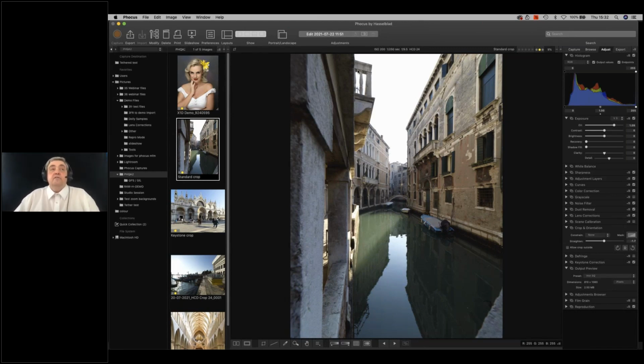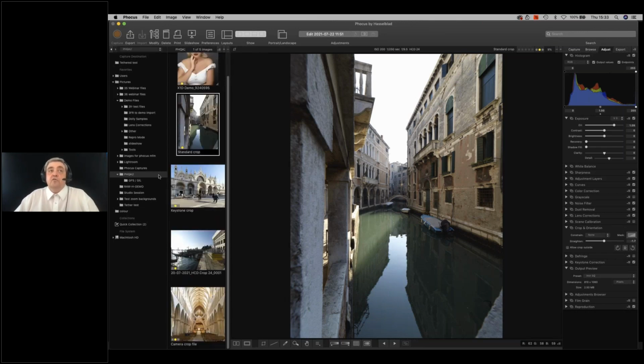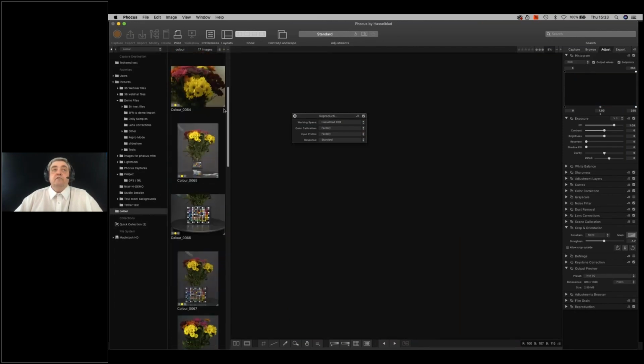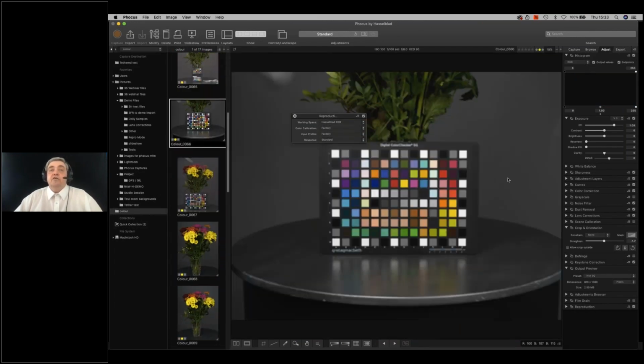Okay, so in terms of camera calibration, I'm just going to show you reproduction mode, and if I float this particular tool here, hopefully you can see there's the two options there in terms of RGB, L-star RGB, and you can see here we've got factory, standard. If I now move to a file that has a target in it,